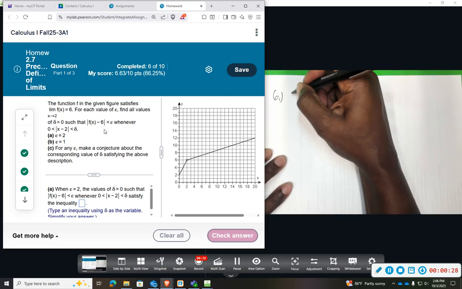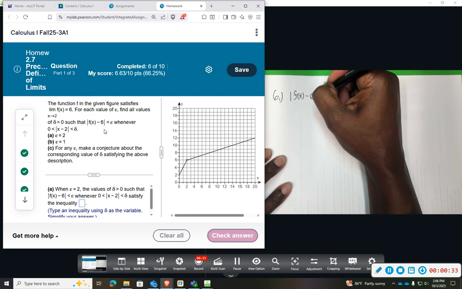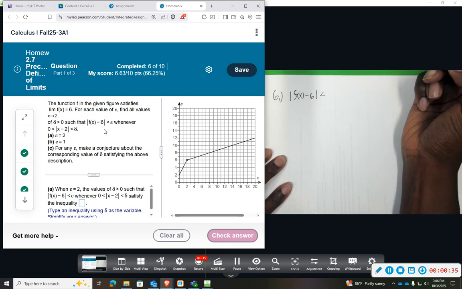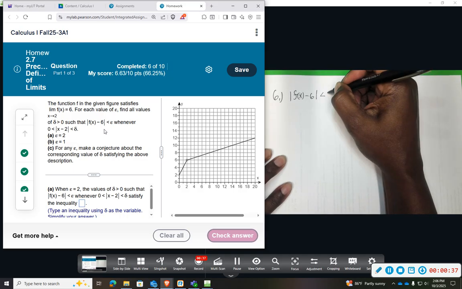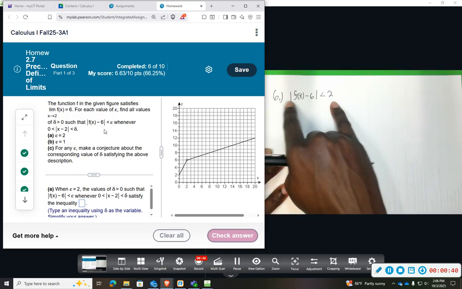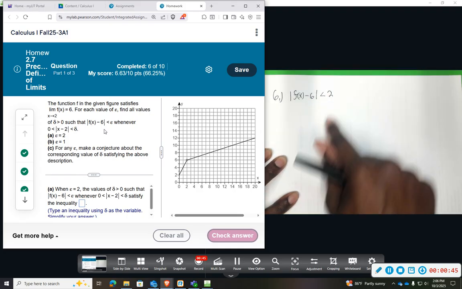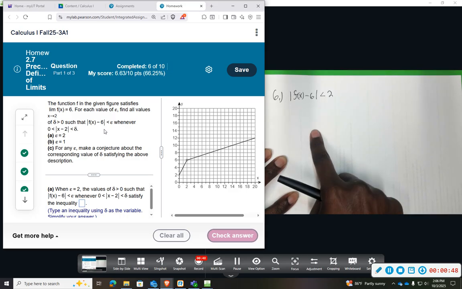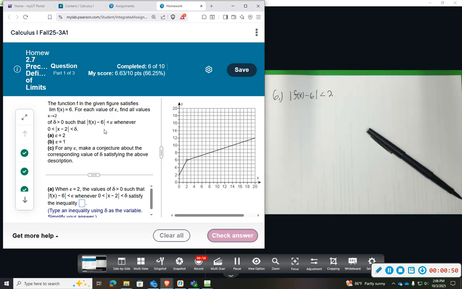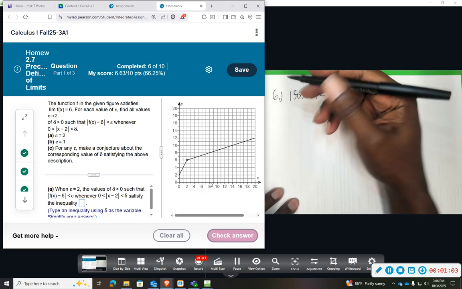we're given that the absolute value of f of x minus 6 is going to be less than epsilon, and for part A, we want epsilon to be 2. So again, with inequality, we're staying within 2 from the value of 6, so that means we will go plus 2 and minus 2 from the 6. And so using our graph, if we go plus 2 on the y-axis, that lands at 8, and we find out where that corresponds to on the x-axis,